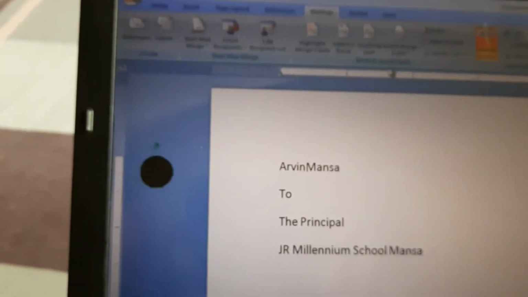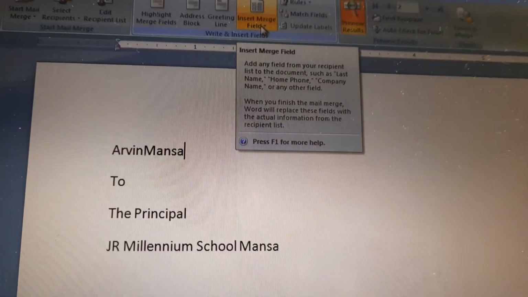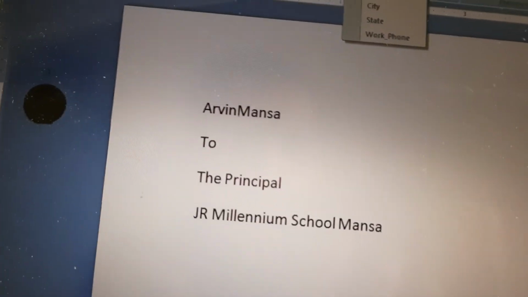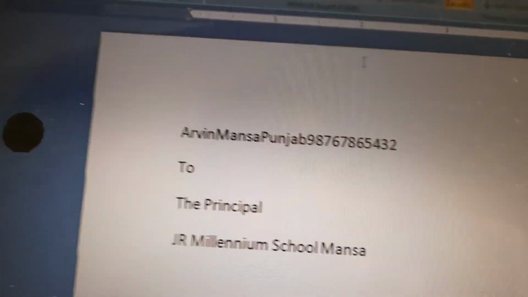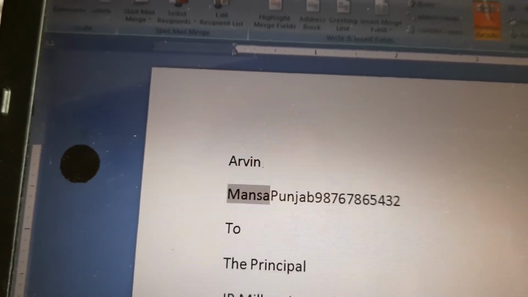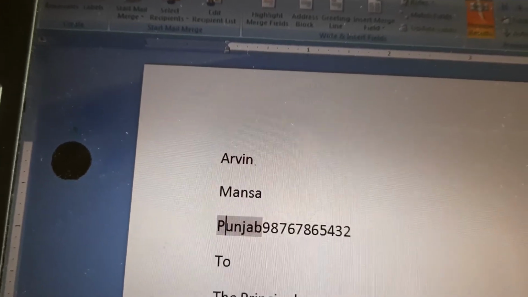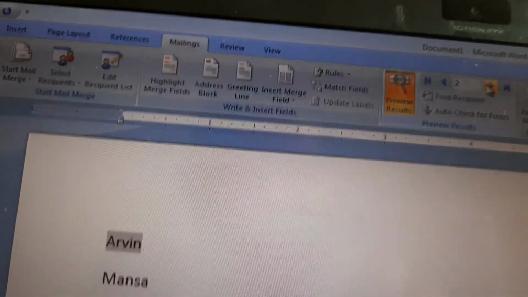All the fields are merged here. Suppose if I want to see the next entry, then click on these buttons.